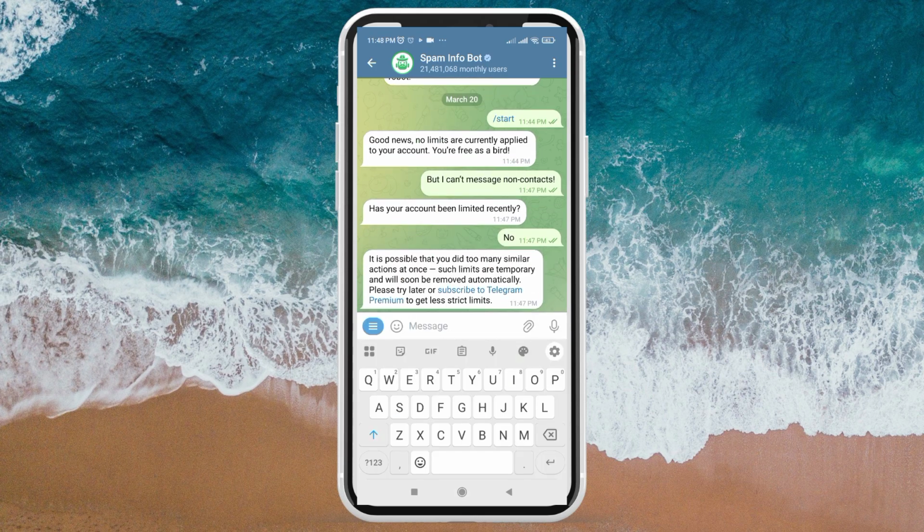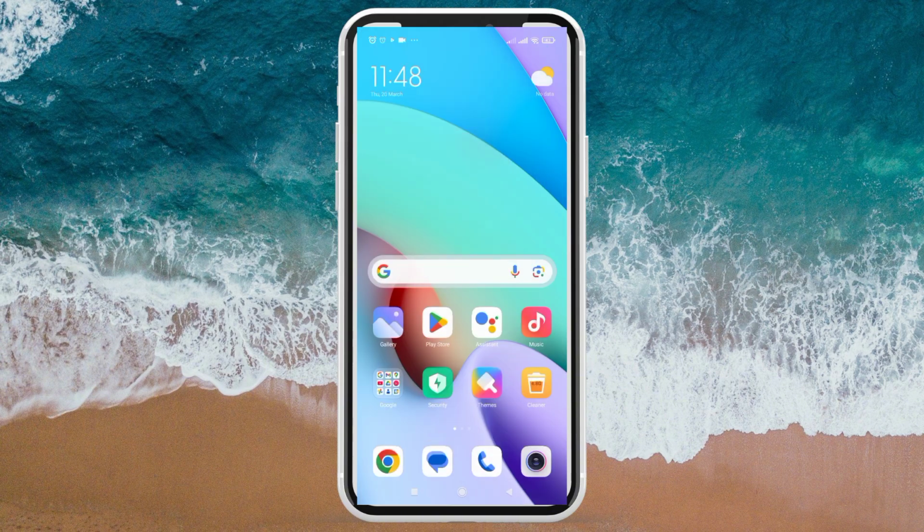Now it will tell you that it is possible that you did too many similar actions at once. Such limits are temporary and will soon be removed automatically. You just need to wait for a couple of hours or 24 hours and it will be removed automatically. Or if you don't like this solution, I can offer you a second option, which is you will go back to